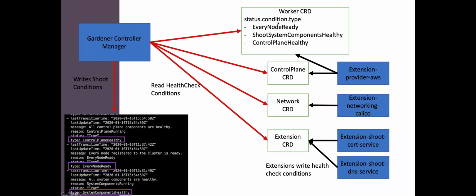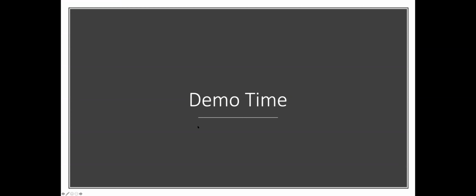So they write these conditions back into the status of the worker, and the Gardener controller manager, more specifically the care controller, then reads those conditions from its deployed extensions and contributes that to the shoot status. Basically, it uses the health information from the extensions and mixes it together with its own performed health checks to aggregate it into an overall shoot health. And then it writes these conditions that we also see in the dashboard: the control plane healthy, every node ready, and system components healthy. Let's move to the demo now,